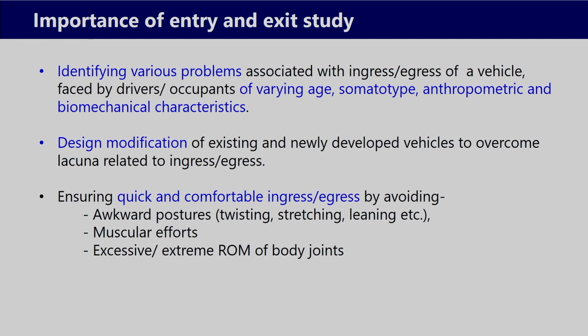Then ensuring quick and comfortable ingress and egress by avoiding awkward postures like twisting, stretching, bending forward, leaning. At the same time reducing the muscular effort for lifting the body weight from the seat, or gradually lowering the body weight and settling on the seat. Then avoiding excessive or extreme range of motion of body joints during entry and exit. So these are the various aspects which we need to ensure during automotive design, particularly to ensure safe and